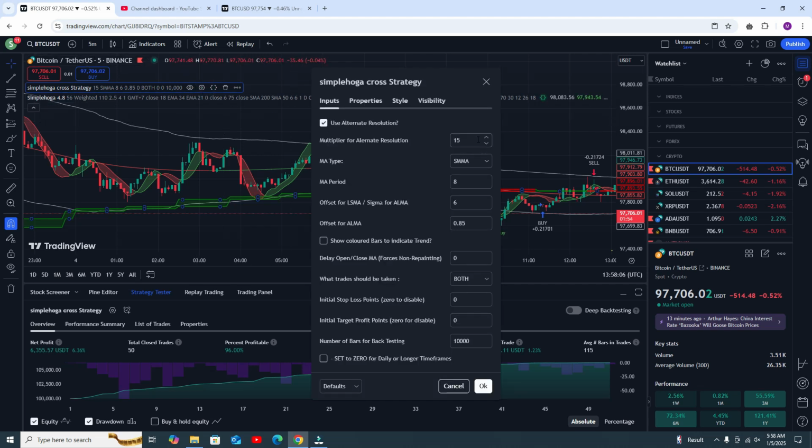Okay, like here you can use 30 if you are using 5 minute. And if you are using 1 hour, then you have to select 4 hour here. Same scenario: 4 hour means 60 multiplied by 4, that is 240. You have to put 240 when you are using 1 hour.